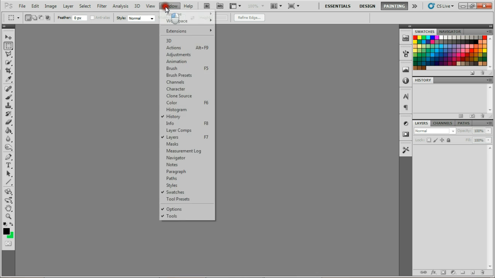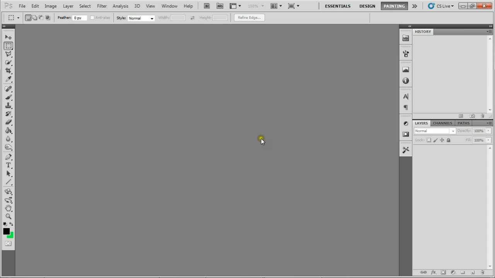If you go up to Window, I would recommend just selecting History and Layers. I think they're probably the two that you'll get most use out of. So if there's anything else here selected, you can just unselect it. And this is what I would start with here, just History and Layers, and we'll go into a bit of